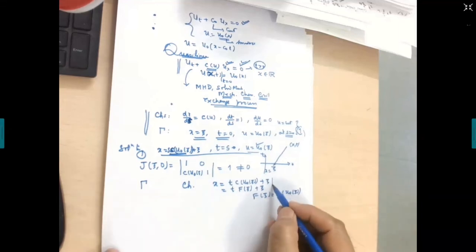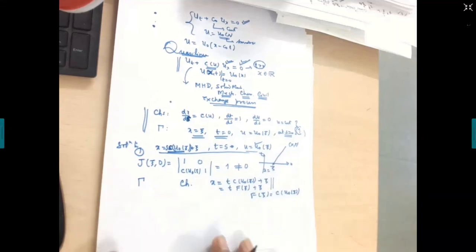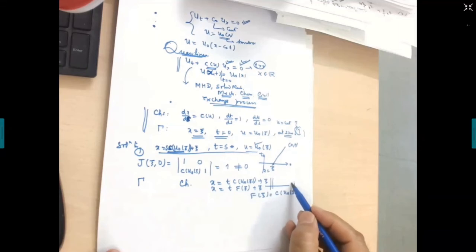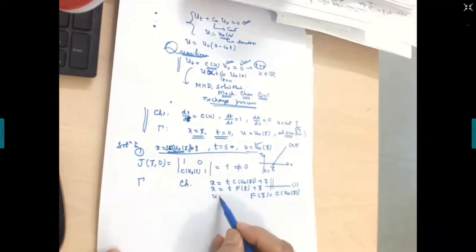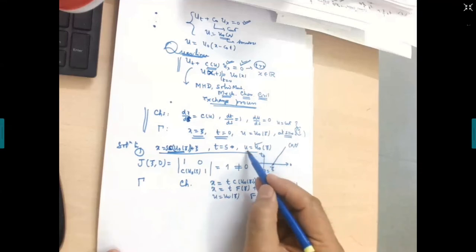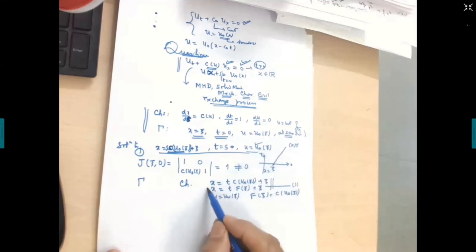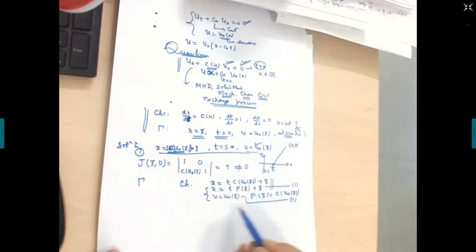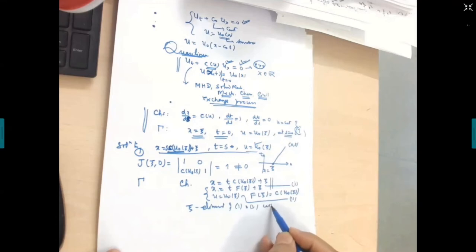So you see, this is the analytical solution of this. What it says, now look here, if I can determine xi from this equation as a function of x and t, let me call this as 1, and what is u? U is your u naught xi, because on these characteristics u is equal to u naught xi. So this can be taken as the analytical form of the solution. If I can determine xi as a function of x and t from 1, and I substitute in 2, I get u as a function of x and t.